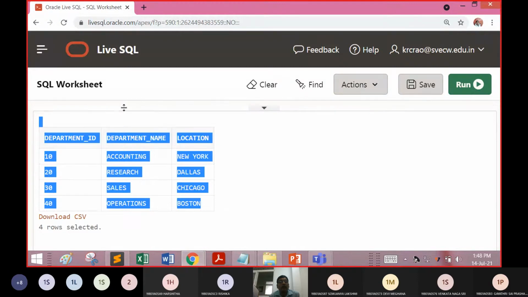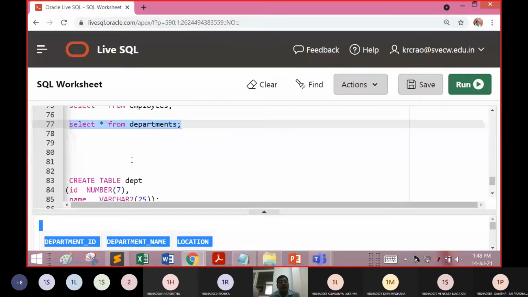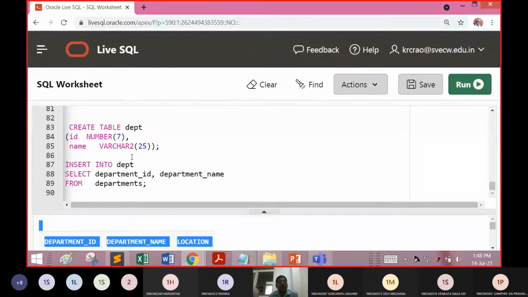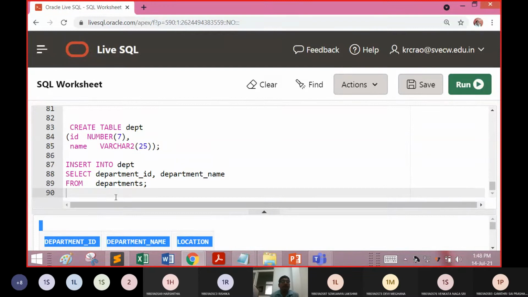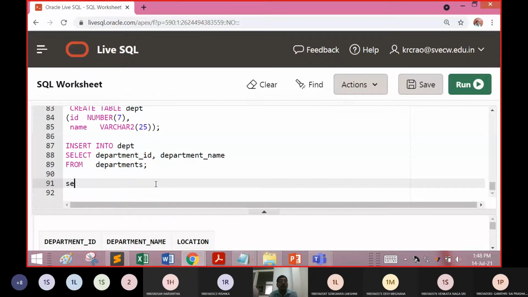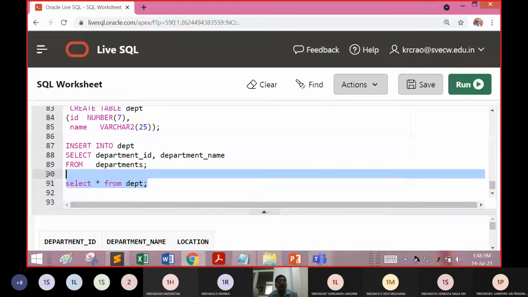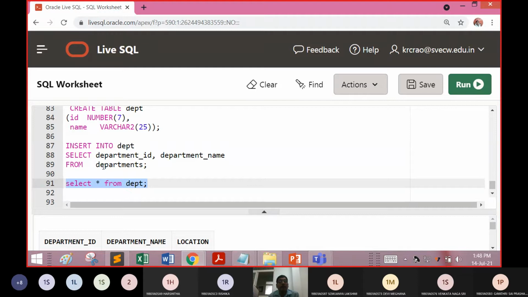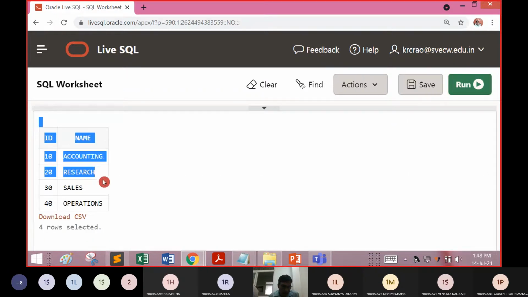Instead of displaying the departments, we can directly verify in the department table after the insert operation. Whatever items the department table has, the same 4 items 10, 20, 30, 40, followed by accounts, research, sales and operations.